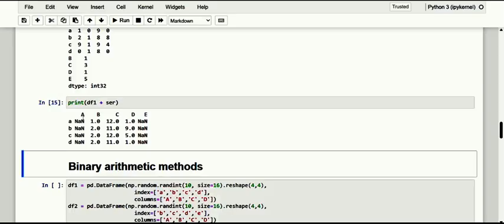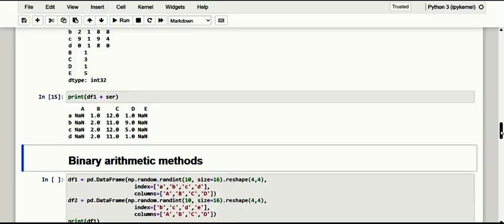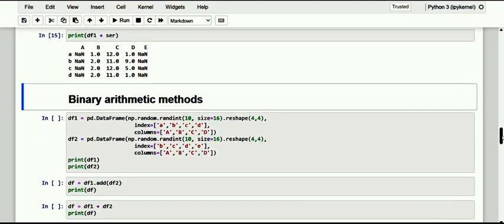Okay, now let me move on to binary arithmetic methods. Dear friends, in addition to the classic arithmetic operations that are expressed in Python using symbols like plus, minus, asterisk for multiplication or slash, the pandas library provides a set of relative methods to be applied to data frames to perform binary operations.